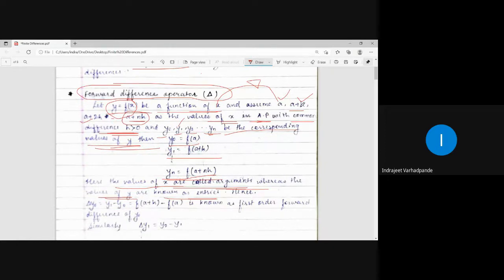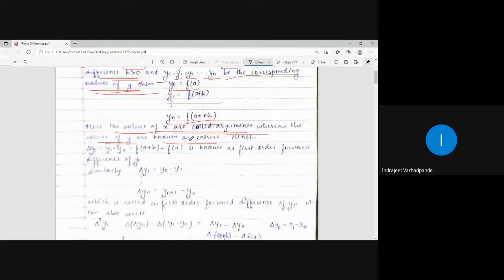The values of x are nothing but arguments. Corresponding values of y, whatever are obtained, are known as entries. So values of x are called arguments, whereas values of y are known as entries. Hence, when I apply the forward difference operator on any value of y, delta operated on y naught,